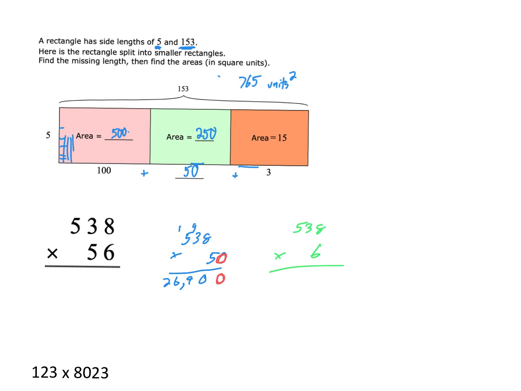Okay, now we're going to do 538 times 6. There are no zeros there. Sometimes I'll make mistakes with these. This is actually my second run through in this video since I had a mistake in the last one. Okay, so now I'm going to add 26,900 to